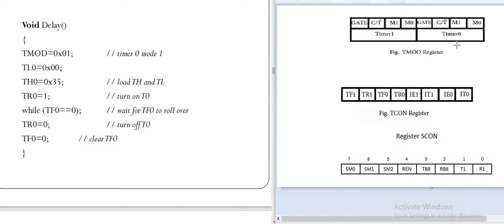So how do we write the modes? 0 0 is mode 0, and 0 1 is mode 1. In this program, mode 1 is mentioned, so we have to write this one.